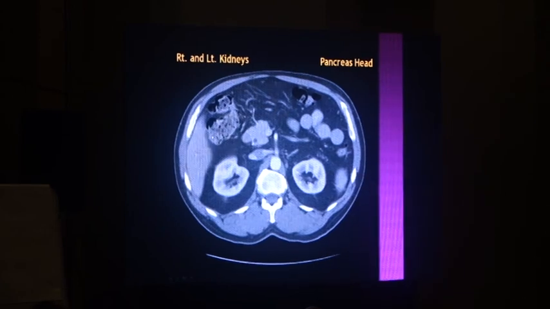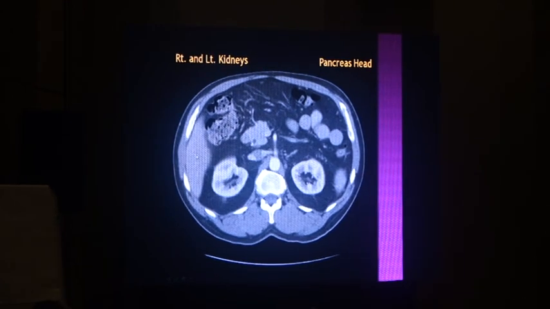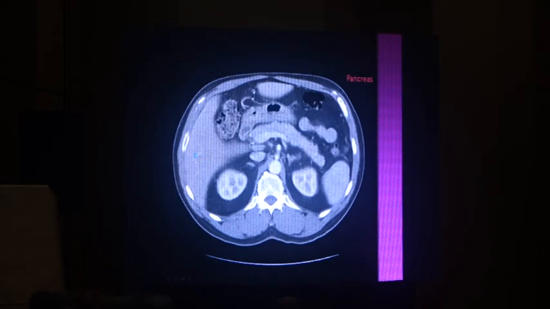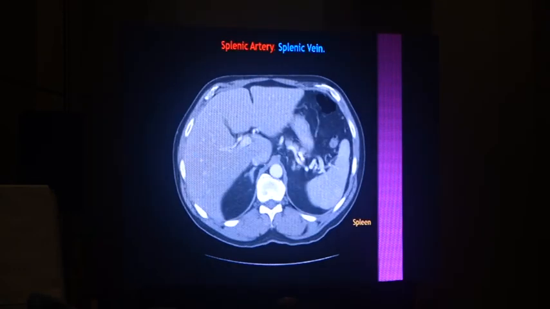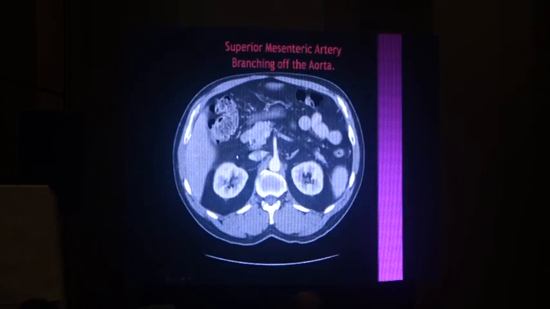Segments of liver in the earlier picture, because they describe it in terms of segments. Segments of liver. So in the earlier picture, if you can throw some light on the segments, like you said, caudate lobe. In place, I will demonstrate in upcoming slides. I am having these slides. Okay. Next.